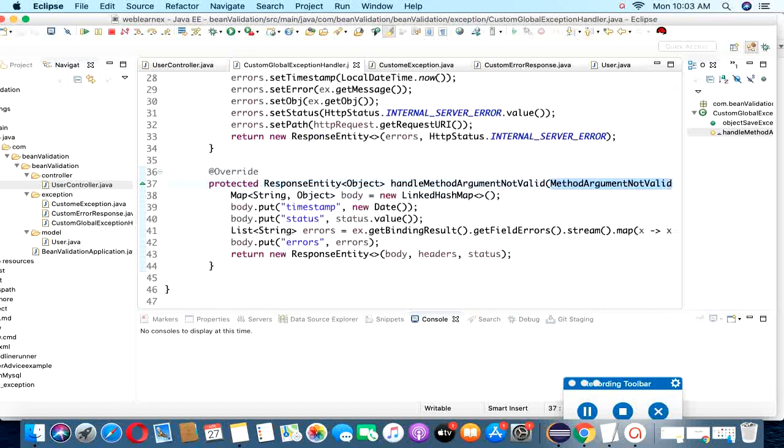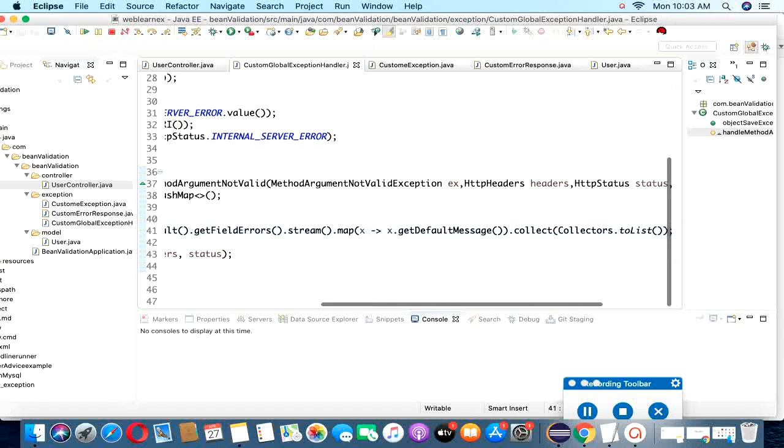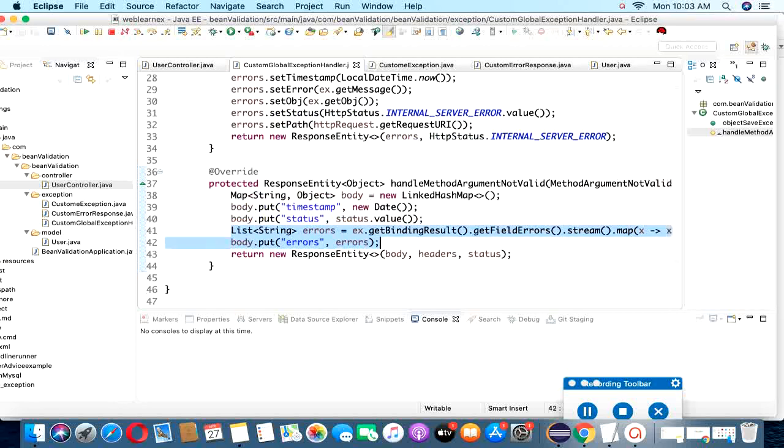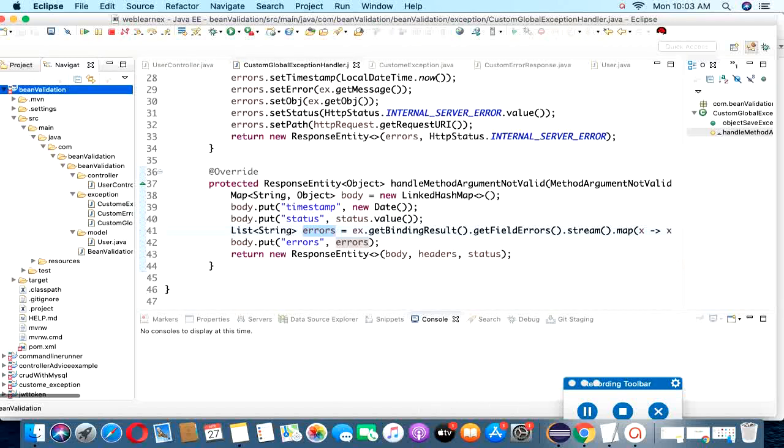So here I have created one map. In this map I put the timestamp, status and how many fields are not fulfilled. So this is the code to find out how many fields are not fulfilled. It will bind them in a single list of strings, and it will show the message. So let me compile this project.